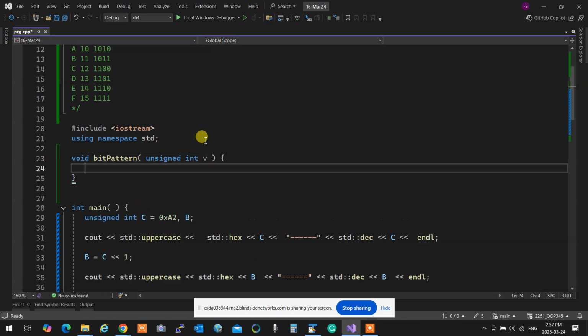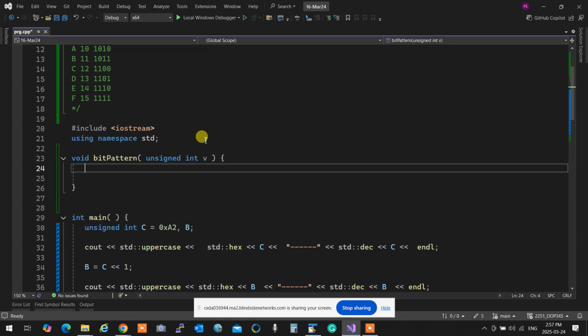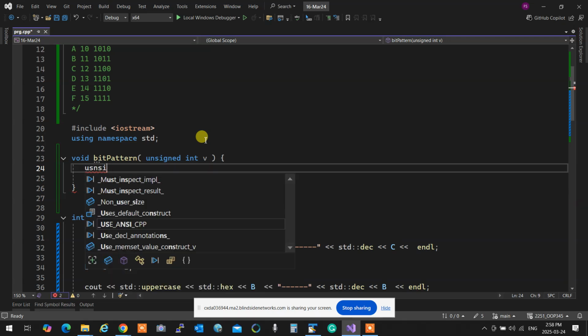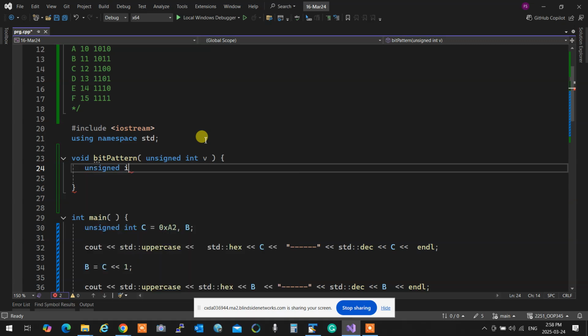Whatever the value is. Okay? So this, I call it a mask. That mask essentially is a mask that you put over a value and see what it's going to look like. That's why they call it a mask. So I'm going to put over here unsigned int mask is equal to, what do I put over here so left one becomes 1? How many times? So first of all, it has to be a 1. When I put 1, it's 0, 0, 0, 0, 1 at right, correct? I have to move that 1 all the way to back. How many times do I have to shift this to left?